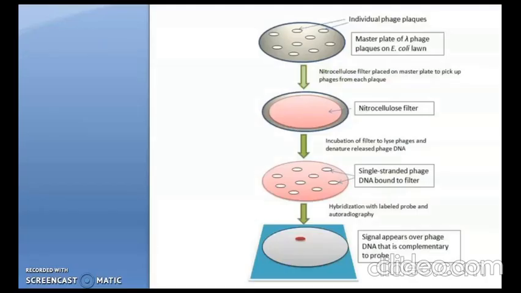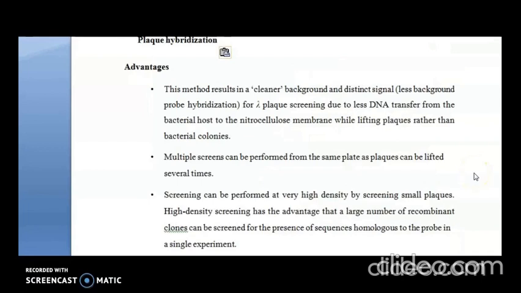Let's see the schematic process for screening libraries by plate hybridization. The nitrocellulose filter is applied to the upper surface of agar plates, making a direct contact between plates and filter. The plates contain phage particles as well as a considerable amount of unpacked recombinant DNA which bind to the filter. The DNA is denatured, fixed to the filter, hybridized with radioactive probes and assayed by autoradiography.